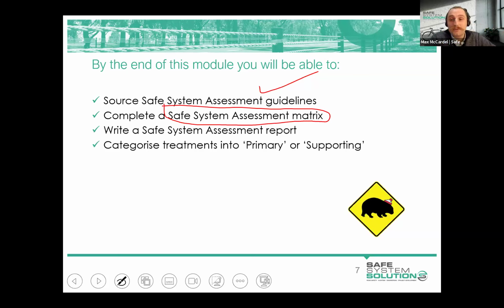We'll talk through writing up a safe system assessment report and things that do need to be completed and also documented as part of the report. And have a chat through this idea of what can be referred to as primary treatments and what can be referred to as supporting treatments. So there's these two main categories in which all road infrastructure treatments can fit into, primary or supporting,